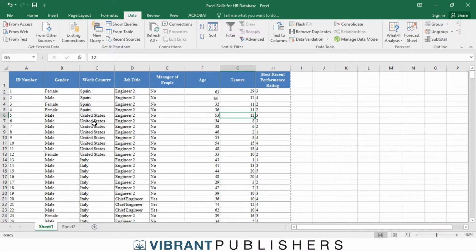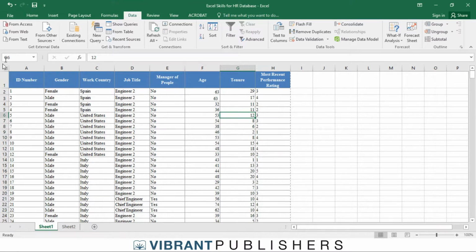But before we get to those formulas, what I want to do is a couple of different things to help with data manipulation. The first one is grouping and ungrouping of your data. I'm going to show you real quickly how you can group and ungroup your data, and basically it creates an outline for you that you can use to very easily manipulate and view